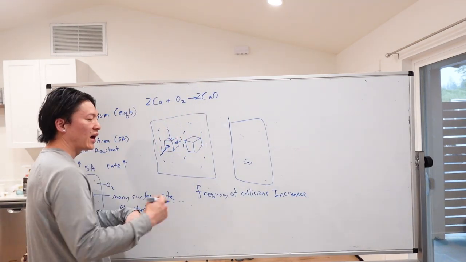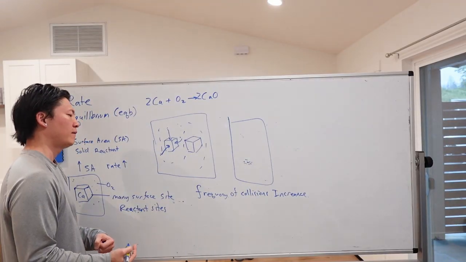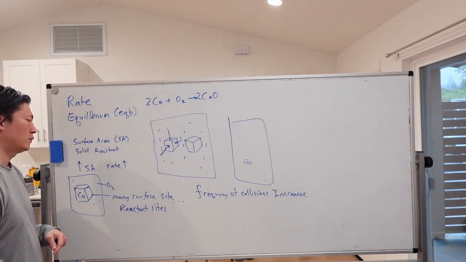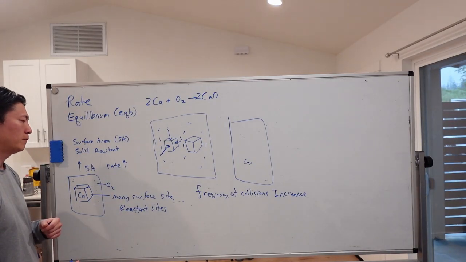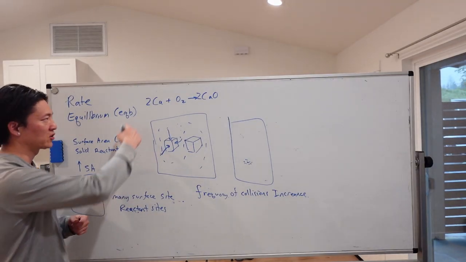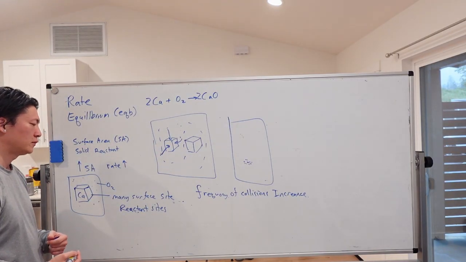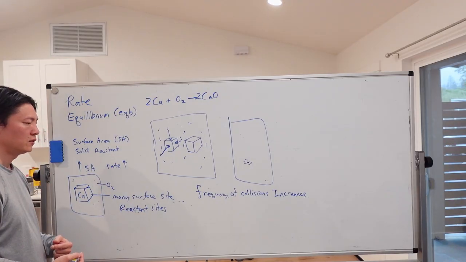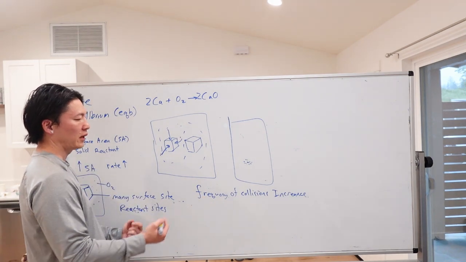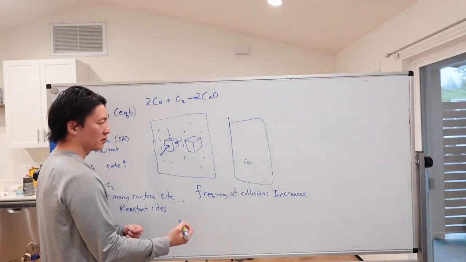Frequency just means some time, right? So frequency is the number of collisions per second. It's going to happen more here. So, surface area of solids. If you increase the surface area of a solid reactant in some chemical reaction like this, the rate of reaction increases because there are more surface sites. More surface sites means more collision frequencies, and of course more frequency of collisions between reactant particles,